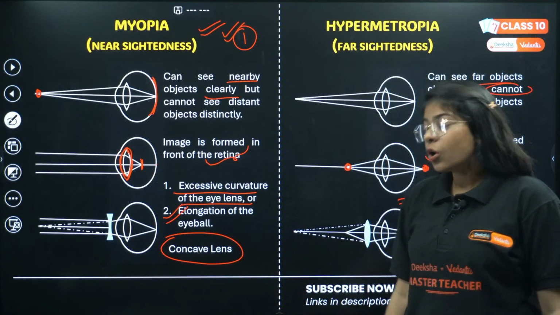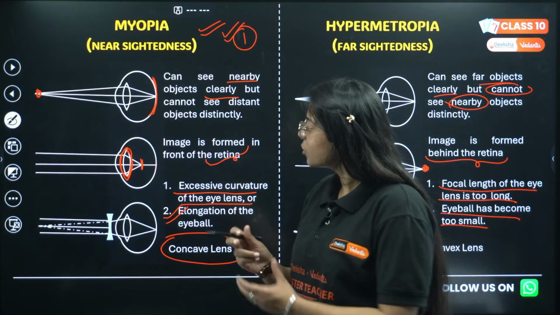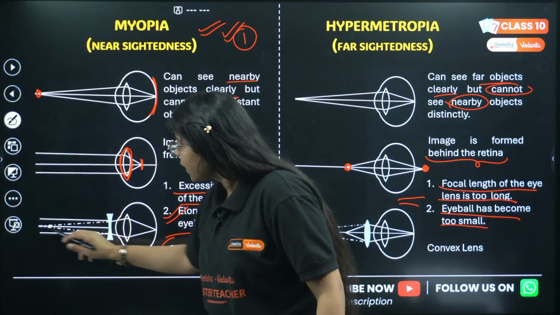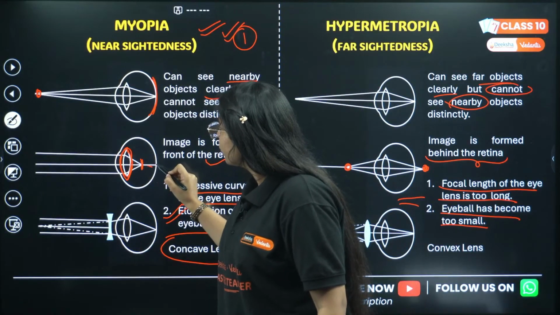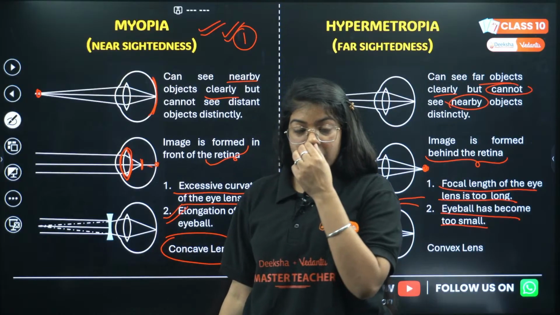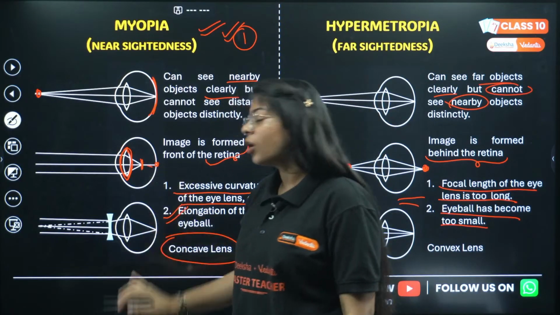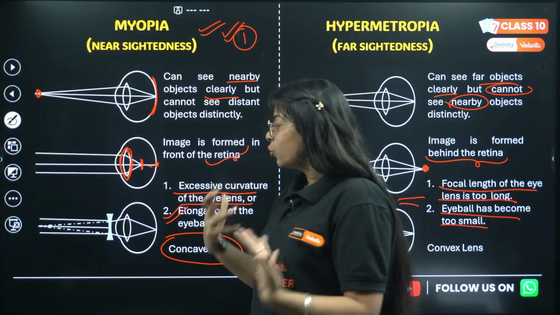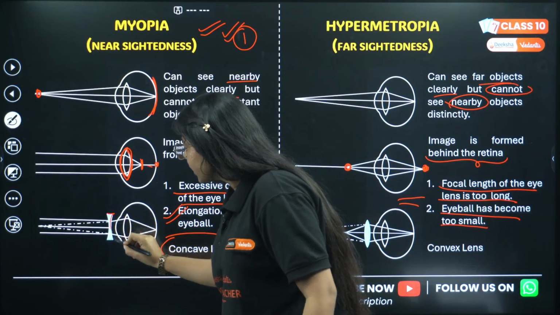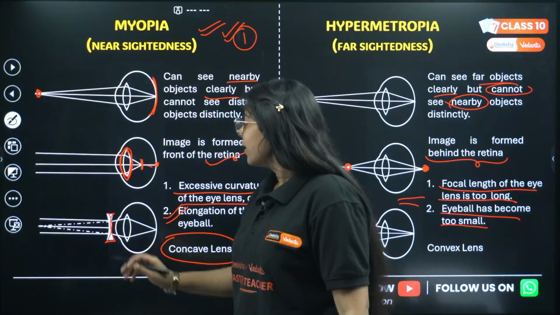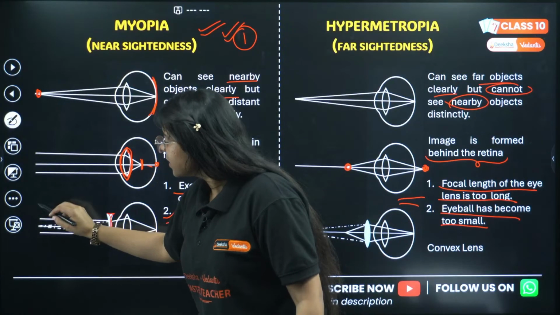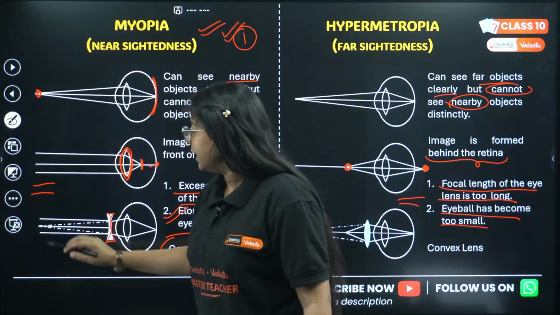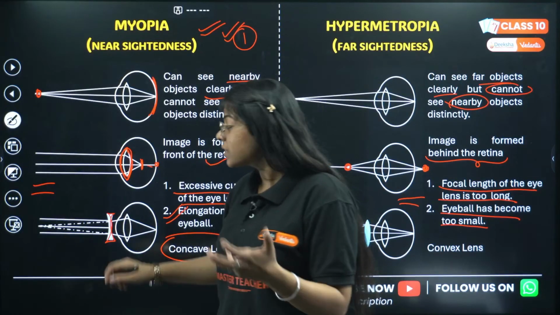We use a concave lens. What it does is, why? Because the rays that are coming parallel, ideally they should converge on the retina, but they are converging in front of the retina. So what we need to do? We need to diverge them. So to diverge those rays, we use a concave lens. What it does is, the rays are coming from infinity, but my far point is now not infinity,